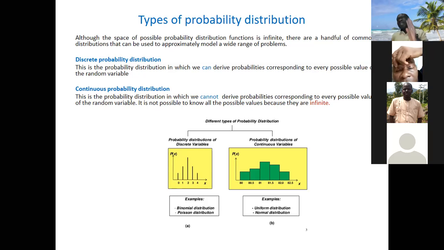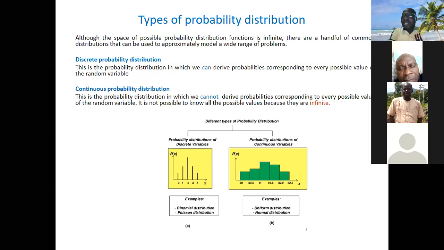So the meaning of discrete is that you can actually have distinct categories. Even if you say 200 people attended a particular occasion, 200 is 200. There's nothing like 200.5. It's a whole number. It's a form of discrete variable in the sense that it doesn't have decimals. Between 200 and 100, you can count the possible values, the difference will be 100. Between 10 and 5, you can see there are 5. Unlike